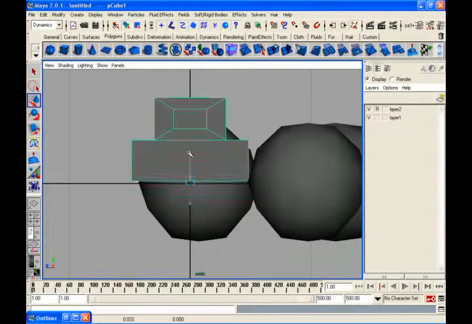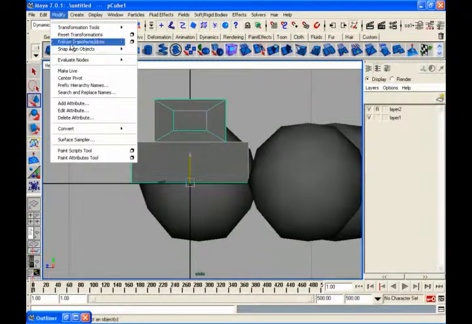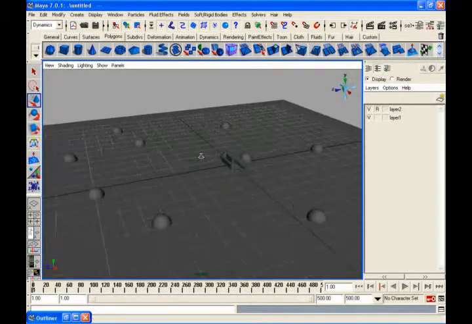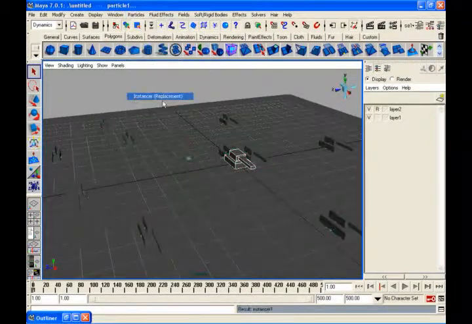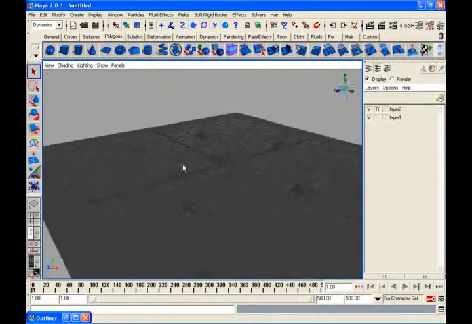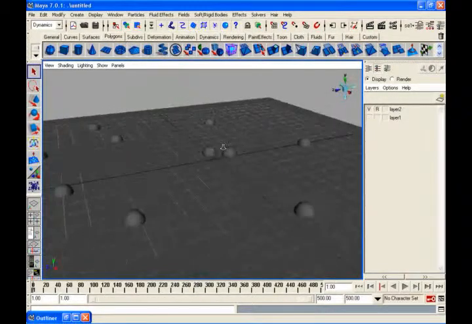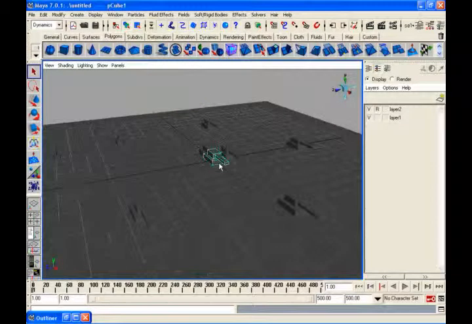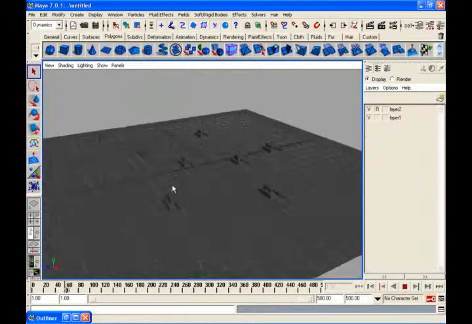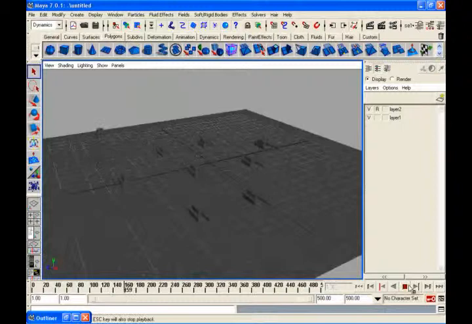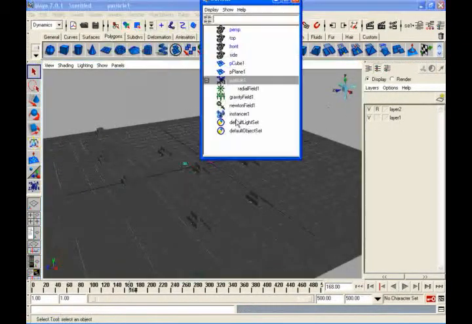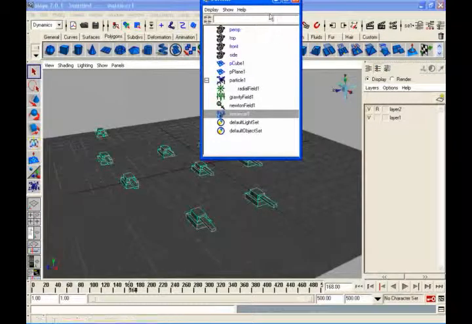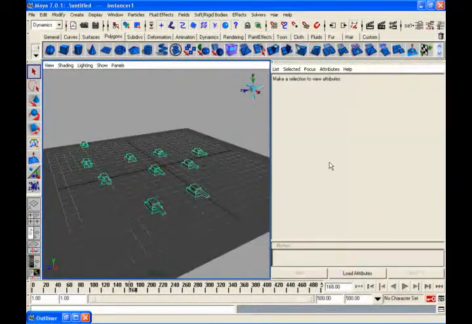You just hide this one, Control H, you can say hide. So automatically these are taken by the tankers also, but they are not taking the direction. That is an instancer problem. So you have to go to the outliner, instancer. In the instancer there are some options, like particles, you say instancer node. There is something called aim direction, you just say velocity and they will take the direction also. Now you can see they will avoid each other, but they will move in the arena.